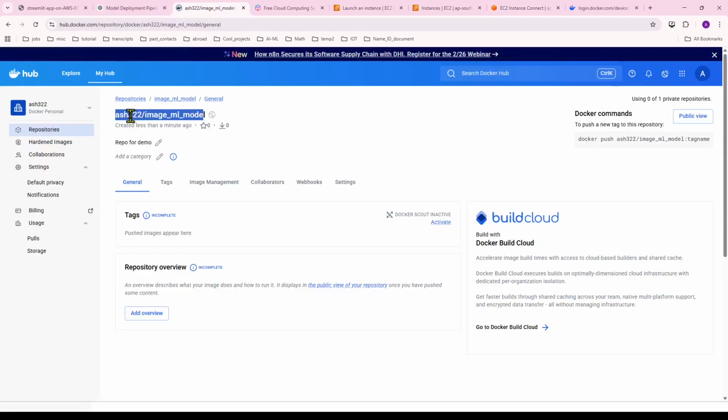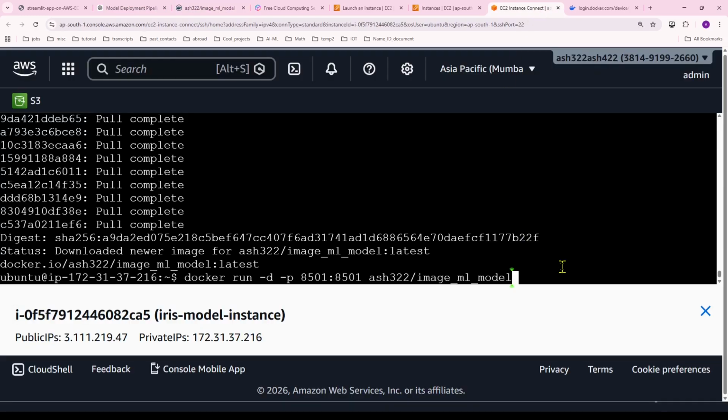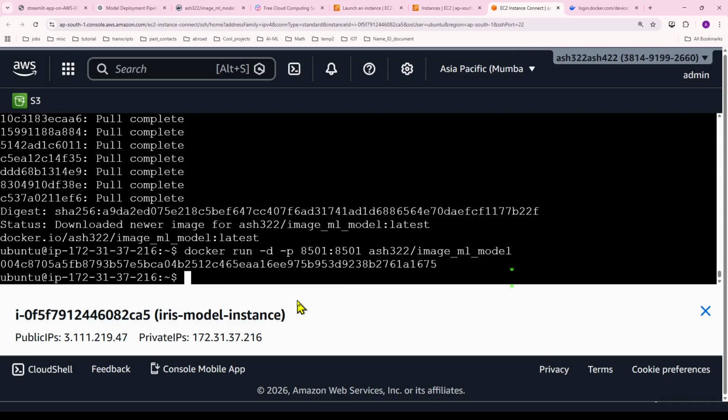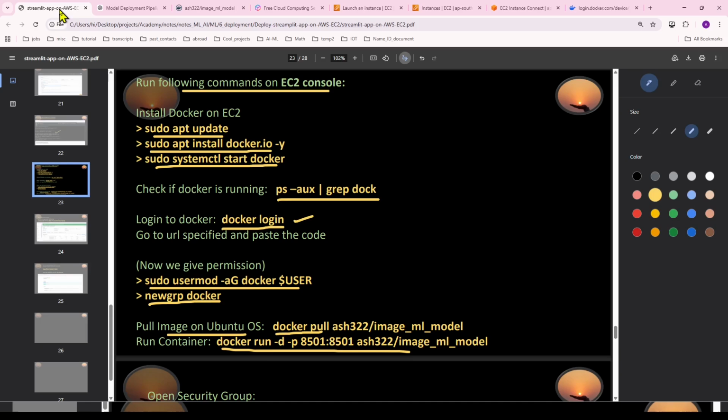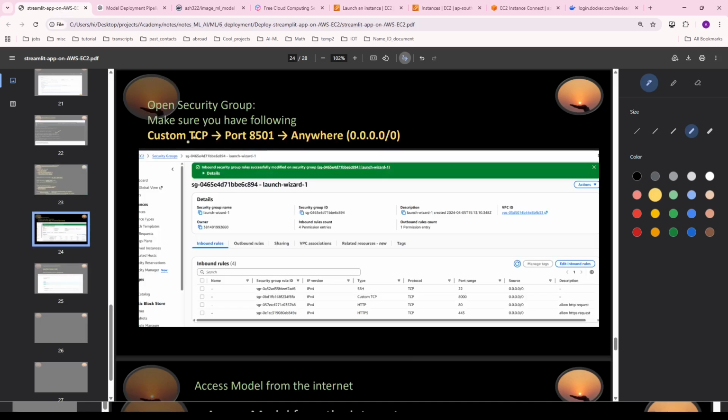Okay, I'm exactly specifying this image right here. Come over here, hit enter, and there you go. Your Docker is running now. All right, that's good. The next step, now we're going to open up a security group and make sure